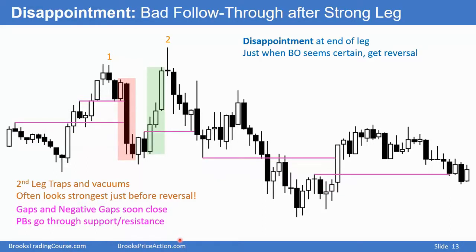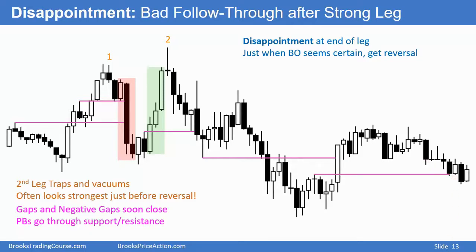Gaps and negative gaps, they usually close. The bulls have a little negative gap here, should go up, and eventually close. It soon closed. Bulls trying to get a gap here, and it closed. Bulls trying to get a gap here, breakout test, strong bull breakout, testing this high, it closed. Bears have a bear breakout here, the gap closed. Bulls get a breakout here, a gap between this high and all of these lows, and eventually it closed.